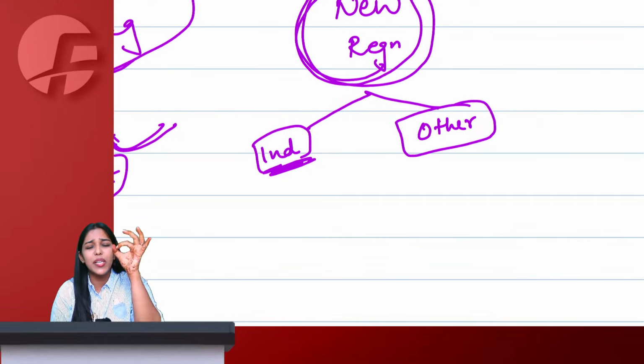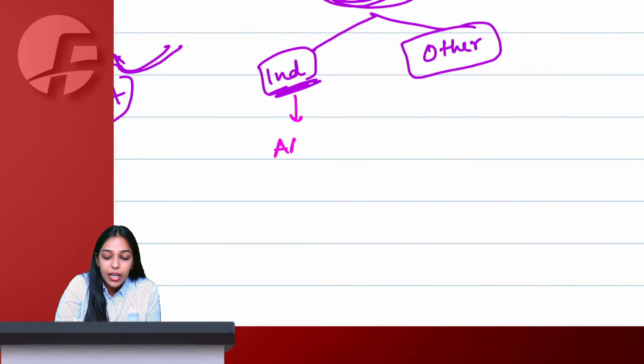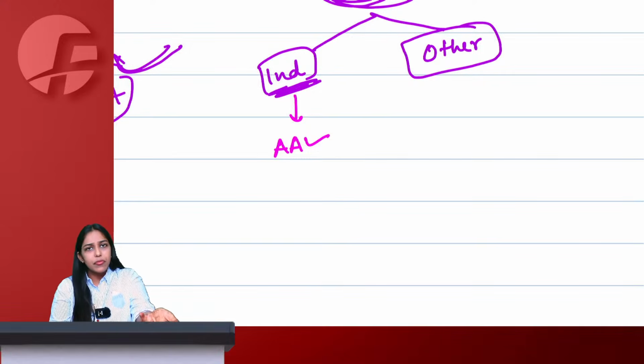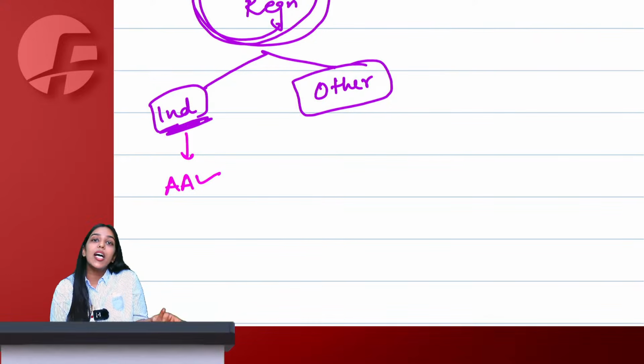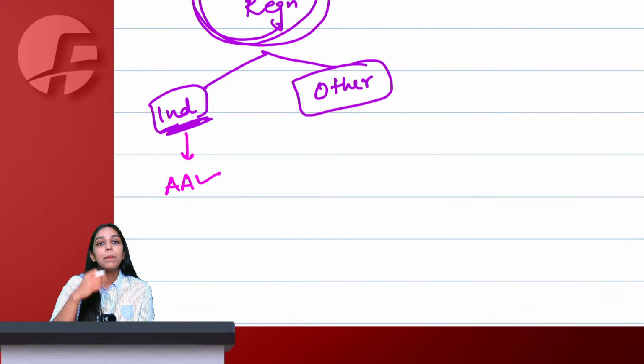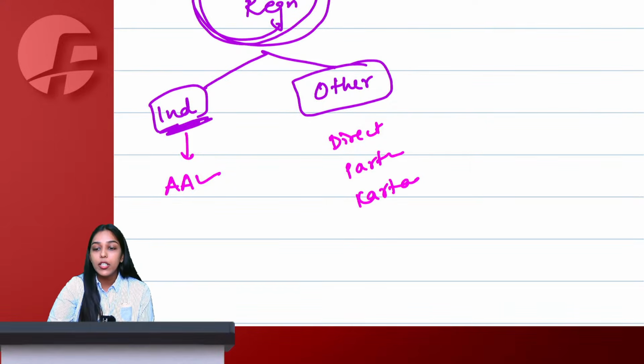Only individuals in India have an Aadhaar number, right? Have you ever seen a company having an Aadhaar number? No, ma'am. Only individuals in India have an Aadhaar number. So individuals can get their Aadhaar authentication done, or they can provide the proof of them having the Aadhaar card. But if you are other, let's say I am a company, HUF, partnership firm, all of these cases where I am not having an Aadhaar card, then what to do? Then of course the company cannot get its Aadhaar authentication done, but the director of the company or the partner of the partnership firm or the Karta of the HUF or the authorized signatory, these people can get their Aadhaar authentication done.